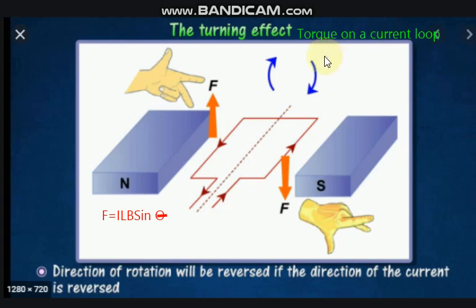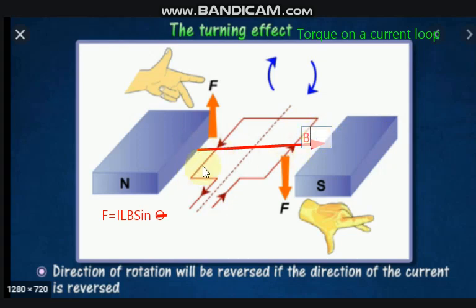Today's lecture is about the torque acting on a current loop, or the turning effect produced in a current loop which is placed in a magnetic field. In the figure you can see a magnetic field which is directed from the north pole to the south pole. This is the direction of the magnetic field B,